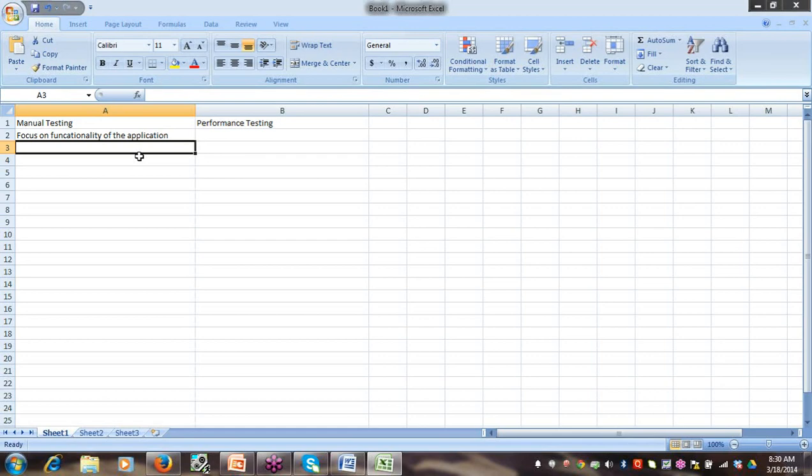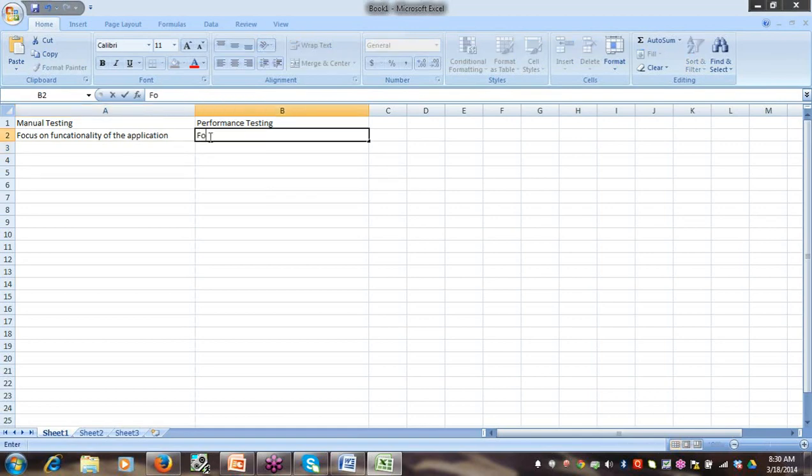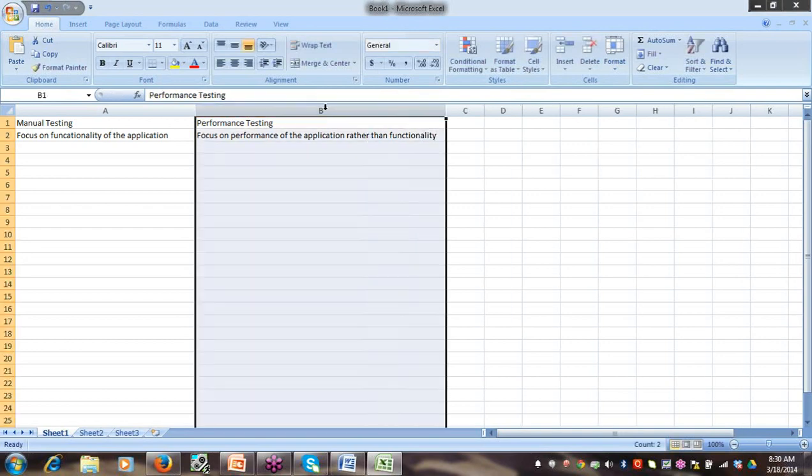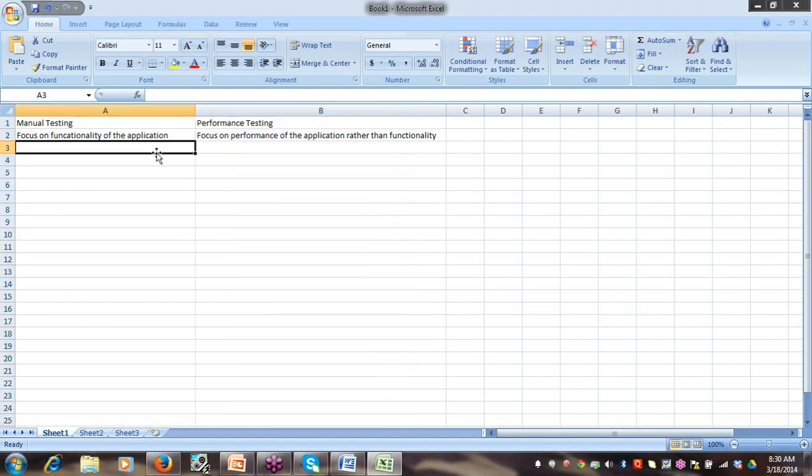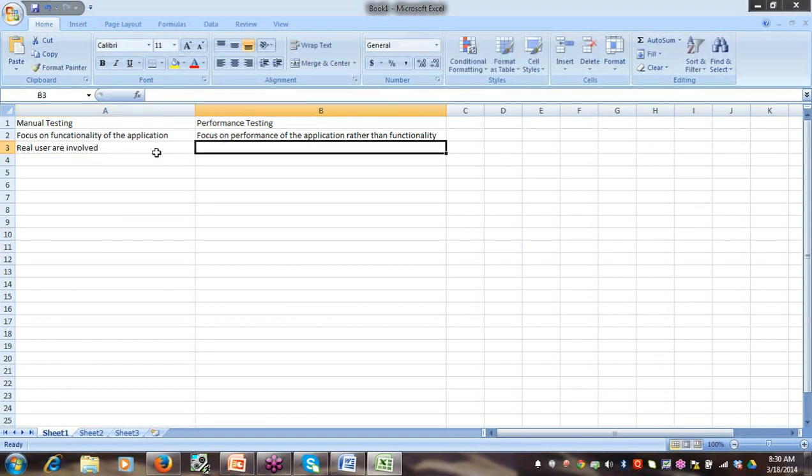And in performance testing, we focus on the performance of the application rather than the functionality. In manual testing real users are involved, and in performance testing virtual users.